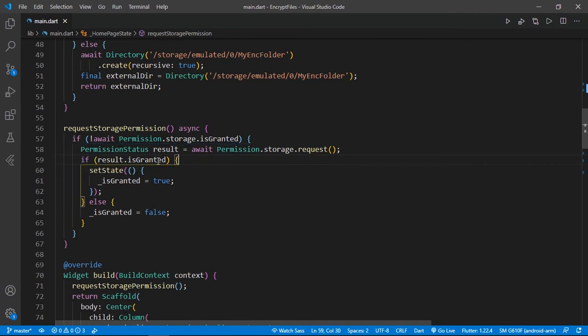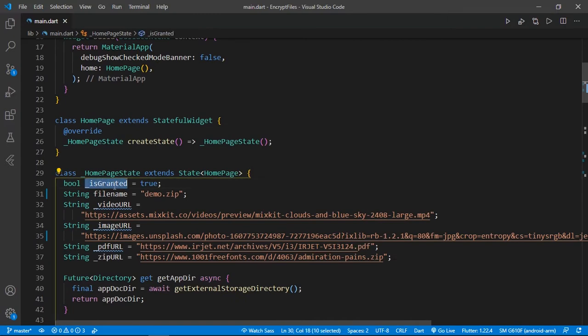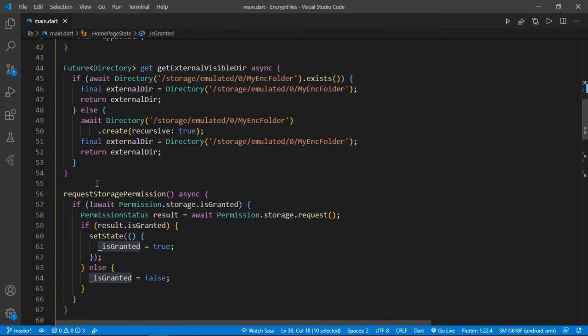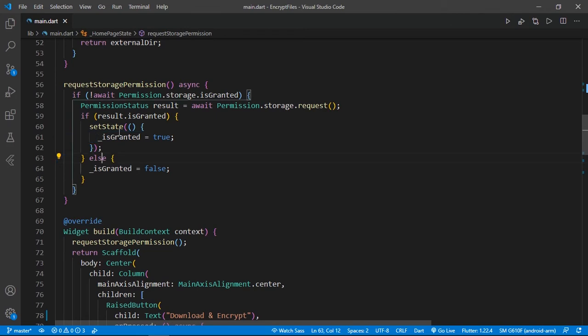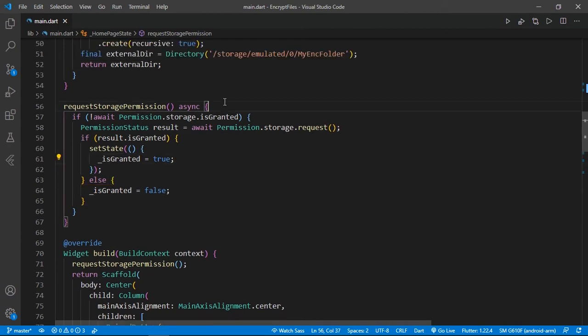Then I check if result.isGranted. If you notice, if we use the isGranted boolean, it will be true, and if the user clicks on the deny button, it will be false. So it will not allow you to write files in your external storage, right? This is for permission handling purposes. If you guys are facing any issue, please comment below, I will explain it. This is the storage permission code, showing how you ask for permission from the user at runtime.